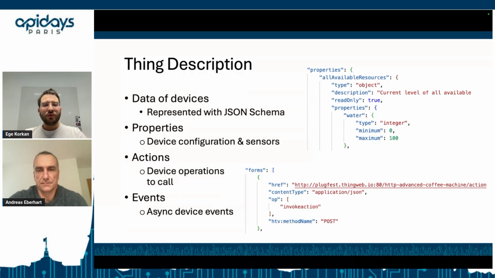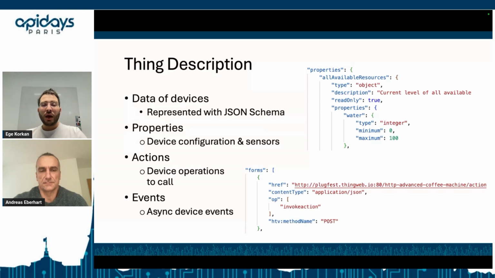And this is actually the first type of interaction that you can model with a thing description. With properties, you can describe device configuration or sensor values, but you can also go further with actions, and you can describe the operations you can call on the device, like brewing a coffee. Also with events, so we can go into the more asynchronous interaction patterns, and we can describe asynchronous device events. For example, when the coffee is finished, or if the device has no beans left, these can be basically observed